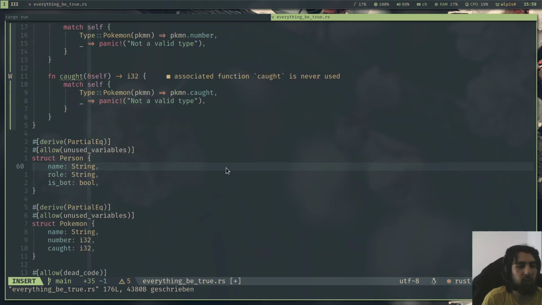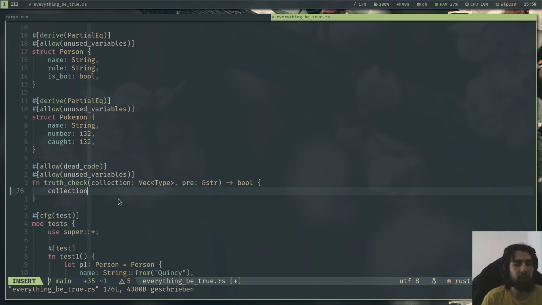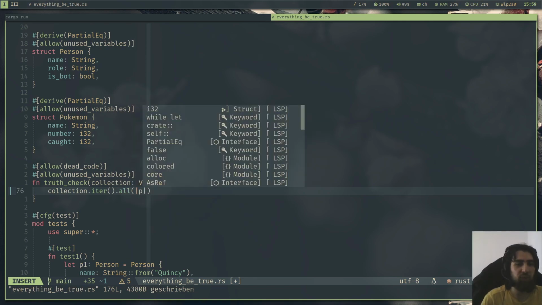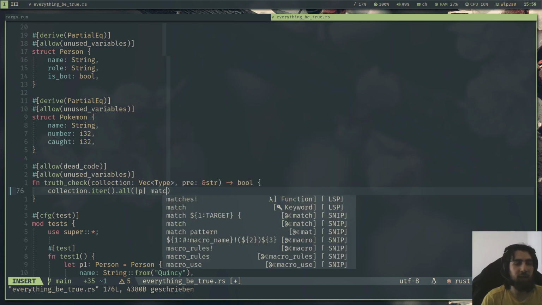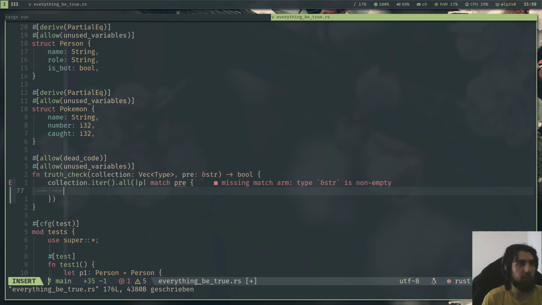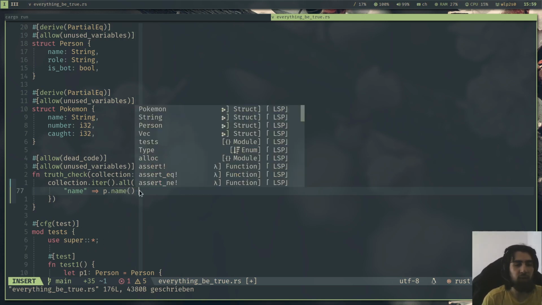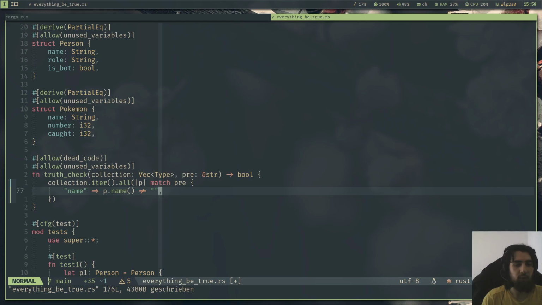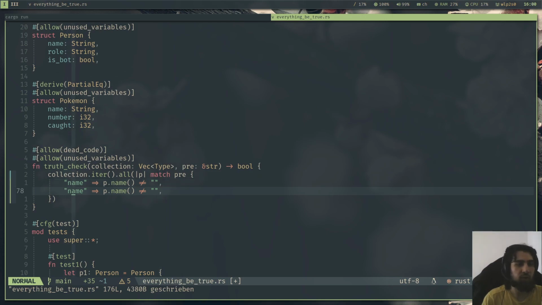So in the collection, we iterate over all the elements, and all of the persons or Pokemons match the name should be name. This is the method we call on this person. The method name is not equal to an empty string, like that. Or if role is not an empty string,